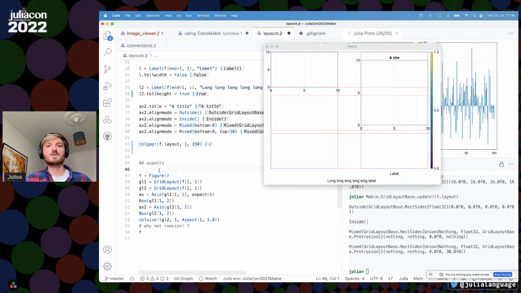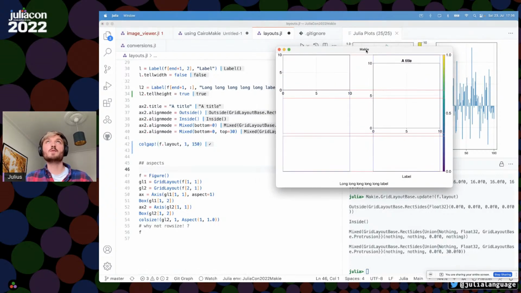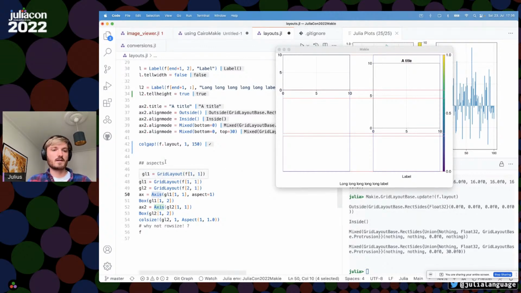So the next thing I wanted to show, because it always crops up, is that people want to plot with certain fixed aspect ratios all the time. And what they usually do is they find the aspect attribute of the axis, and they know from other plotting software that that's what you usually do. Like you take the axis and you say you are now a square axis, and what that looks like is